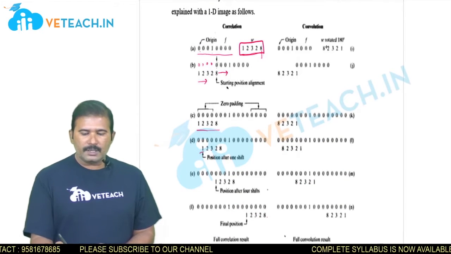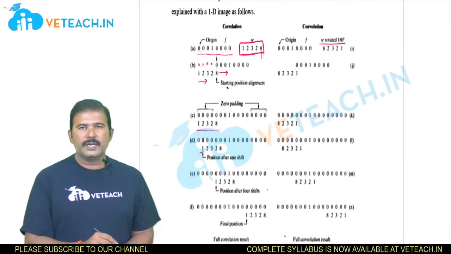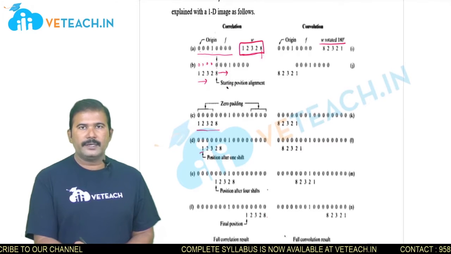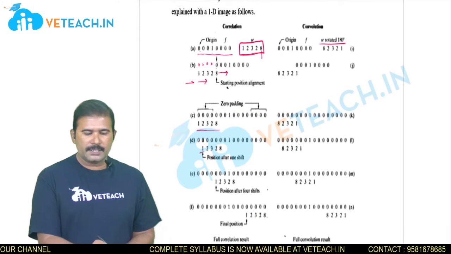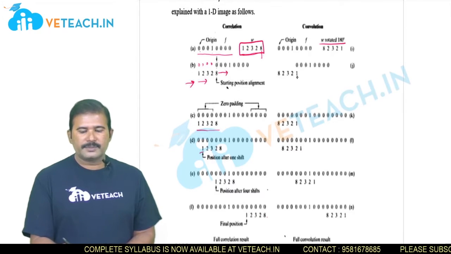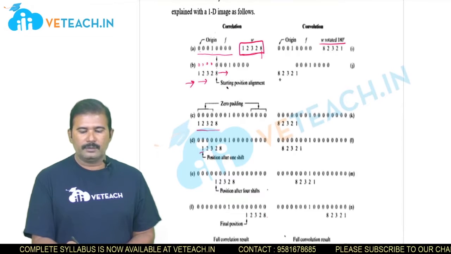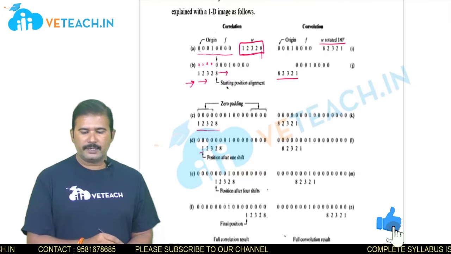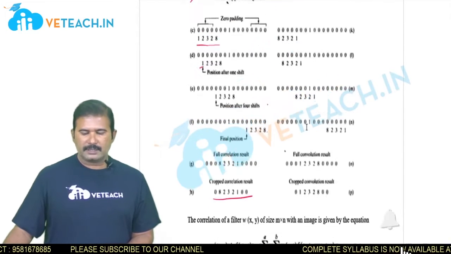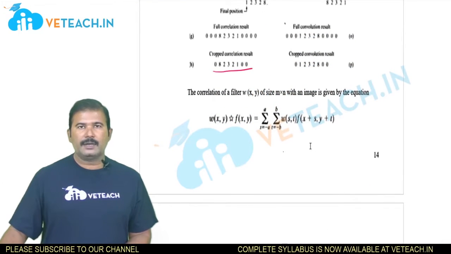In convolution, W is rotated by 180 degrees. That is the only difference. The operation is the same as the correlation, except that W is rotated. Here the order of the filter coefficients we considered in the filtering operation was 1, 2, 3, 2, 8 only. But in convolution, it is flipped by 180 degrees. That means if you observe, the filter coefficients are 8, 2, 3, 2, 1, the reverse order. Again the same old procedure we implemented for the correlation results in the convolution operation. So these are the two basic operations in spatial filtering, correlation and convolution.